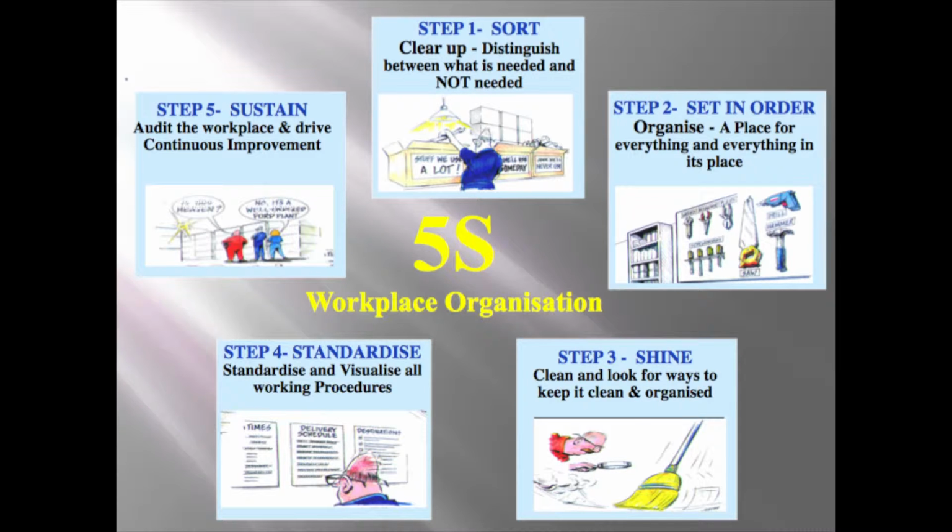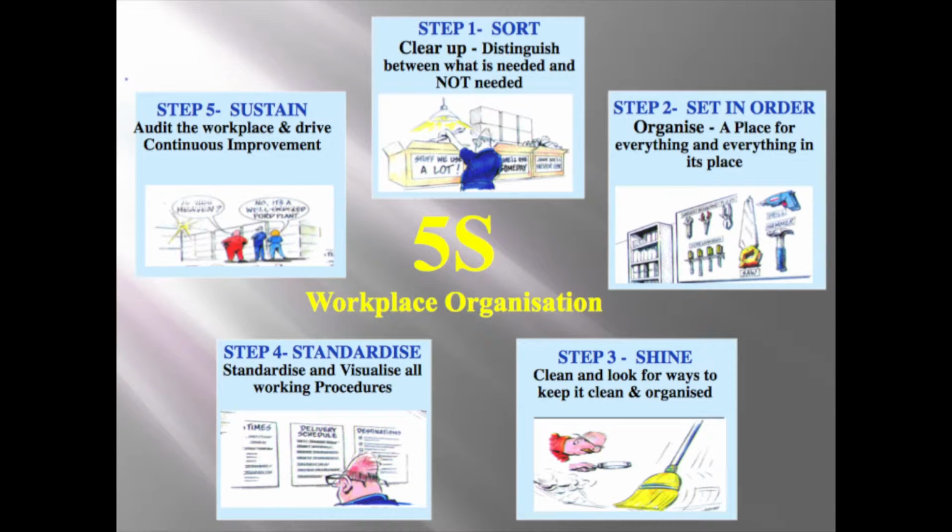The second 5S step is set the workplace in order. We need to make sure that our workplace is organized in an efficient way. Things need to be set in the right place, and we need to make sure that at the end of the day, things are put back where they belong. The third step is shine. We need to make sure that our workplace is kept neat and tidy and clean. And before we go home, things have been tidied up.